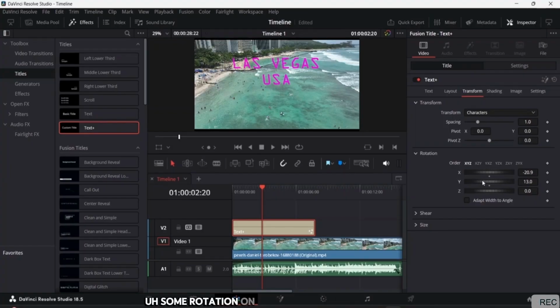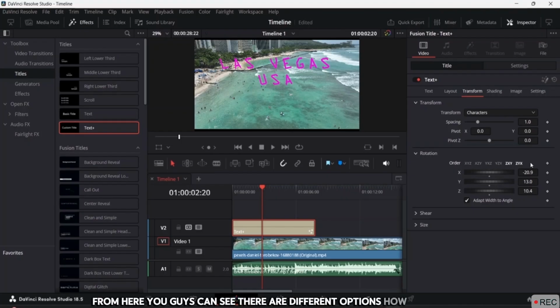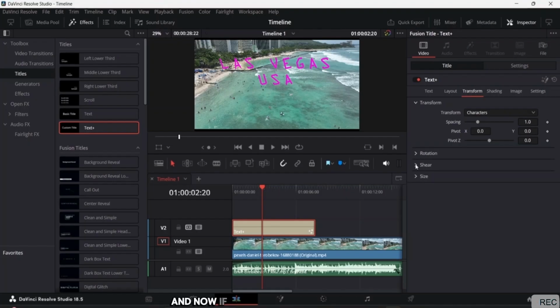Some rotation on the y-axis, or here in the x-axis. If I want to give this thing a rotation, I will be able to do that from here as well. And if you want to directly adapt it with the width of the angle, you guys can do that. Okay, so again, what I'll do is I will come here. And from here, you guys can see there are different options how you can work this thing out, the order. And now if you want to shear this thing up, you guys will be able to do that